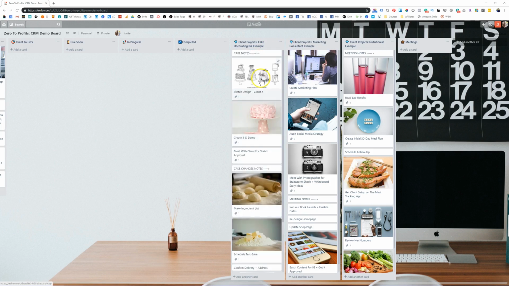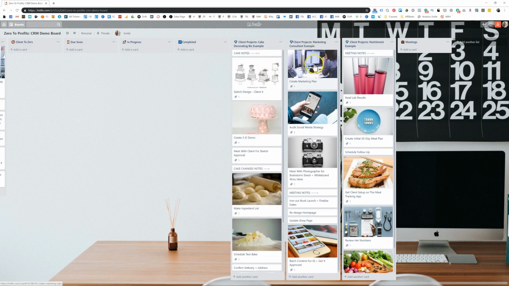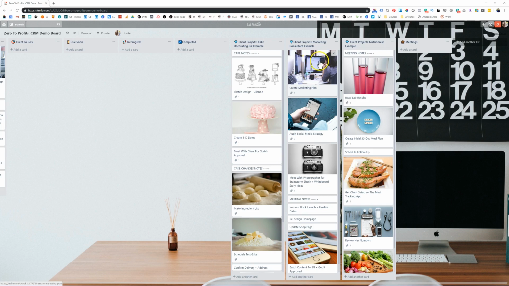I would theme it out this way. If I was running a marketing consultant business, and this would be the example for that type of business, really any type of consulting. And then if I was a nutritionist, for example, this is how I would theme it. But remember, it's all about adapting this to your individual needs because we have so many types of service-based